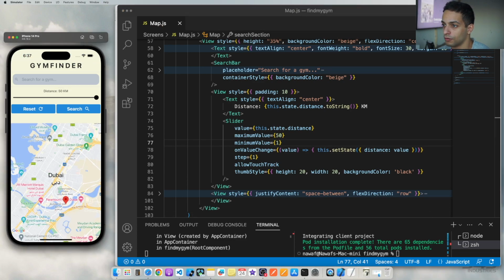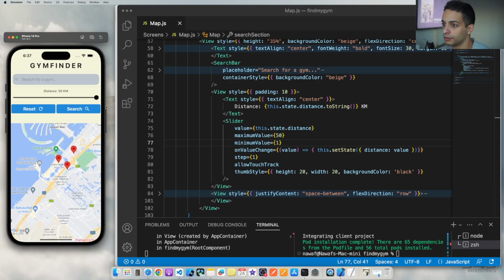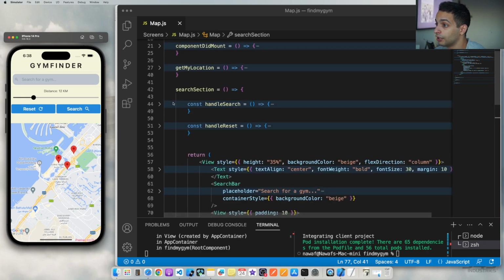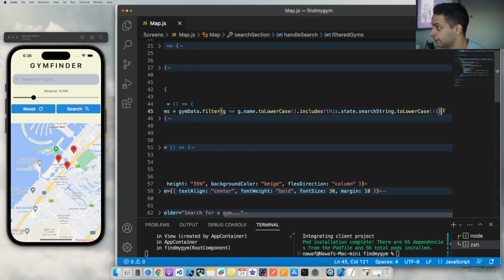Now here we can filter. So what's within 50 kilometers? Everything. What's within only 10 kilometers? 12 kilometers. Wait, I haven't implemented the distance filter. Sorry about that. Let's actually do that. So here, go to your handle search, and here you will need to do an and